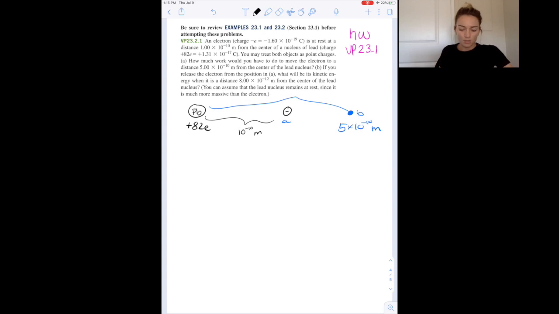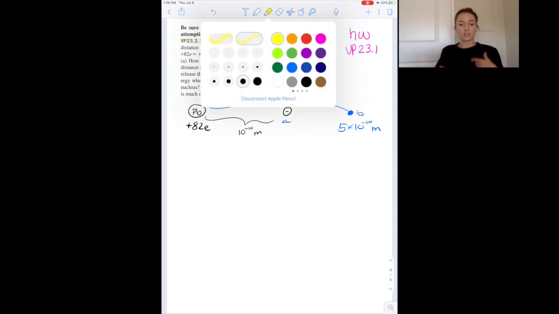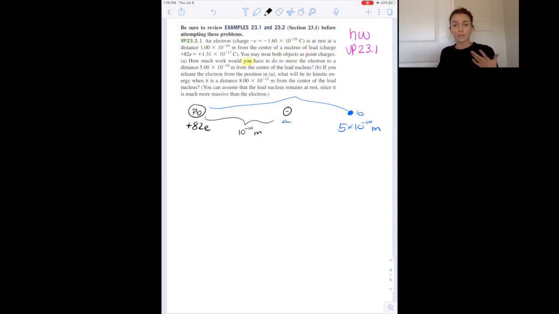So the first thing is to notice that it says you. So how much work would you have to do? That's the most important word here because it's not asking you how much work would the electric field have to do. It's asking you how much work would an external force, you, have to do. So remember,